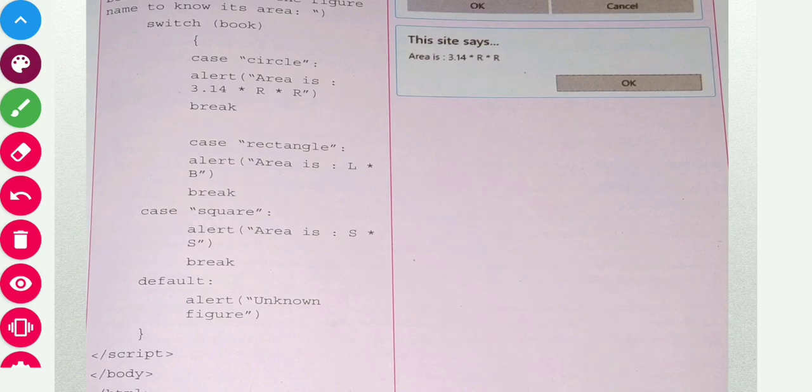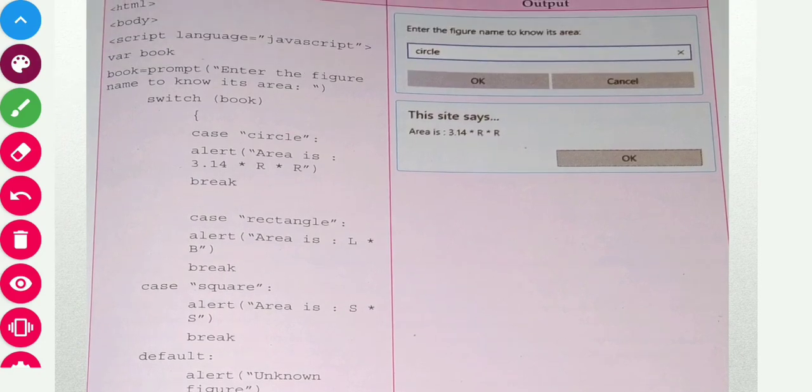Here you can see the user entered the figure name as circle. So circle will match this particular case, and it will give the alert message. Alert is a command which gives an alert message with an OK button on the screen. Alert: area is 3.14 multiplied by radius multiplied by radius, because it matches here.